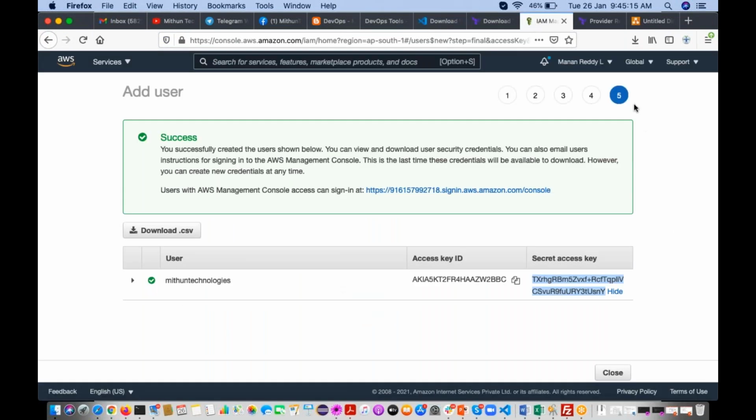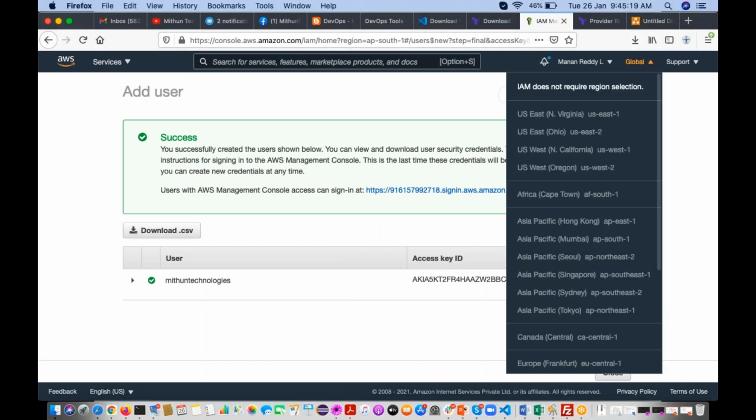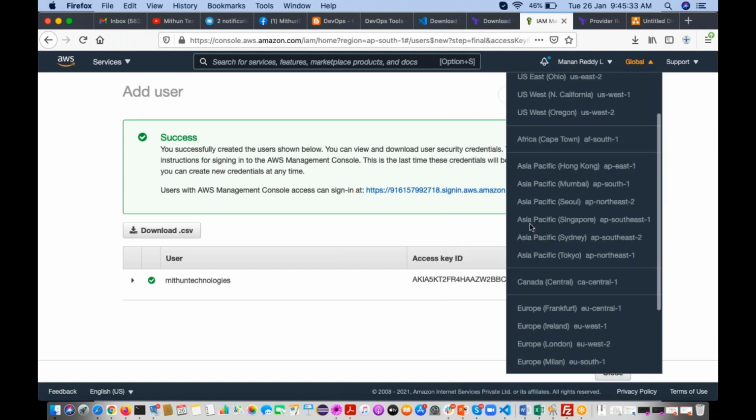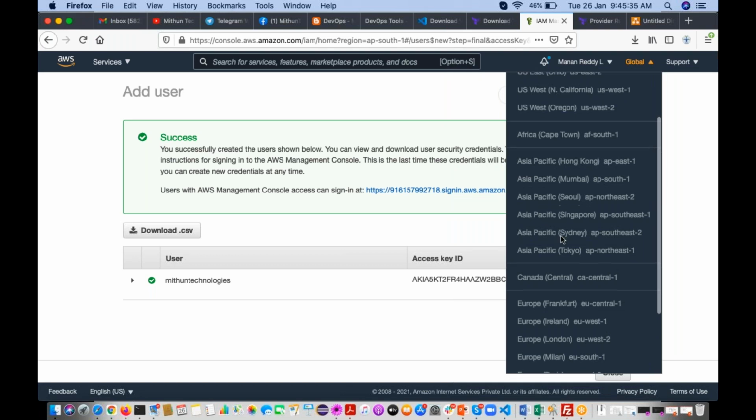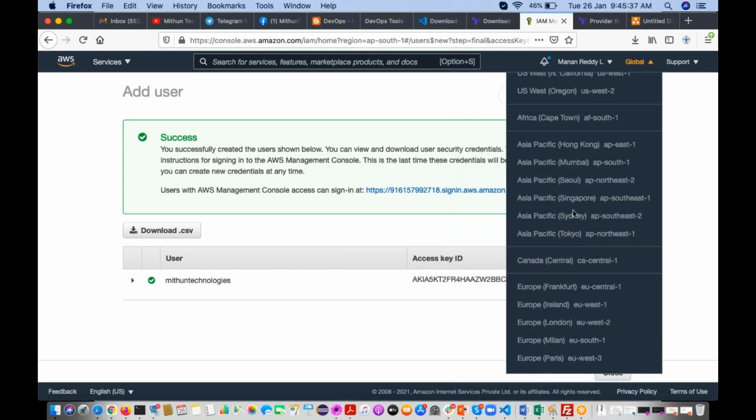See here, US East, Ohio, US West, like many regions are there. So I'm going to select Asia Pacific, Mumbai. The region code is ap-south-1.